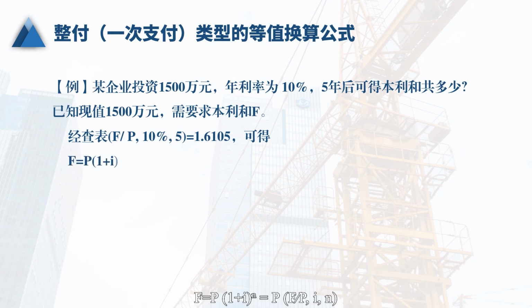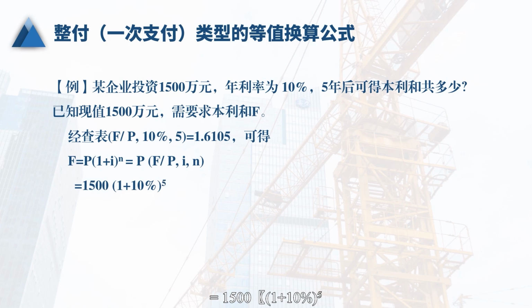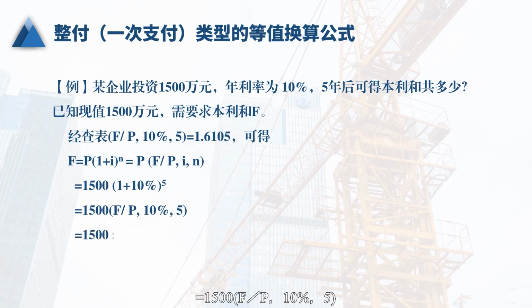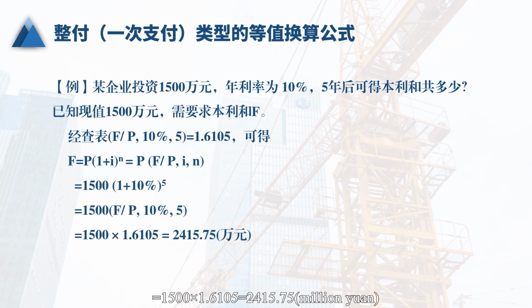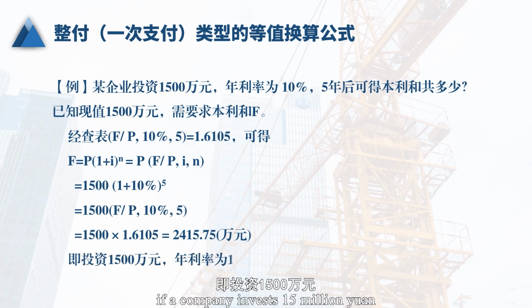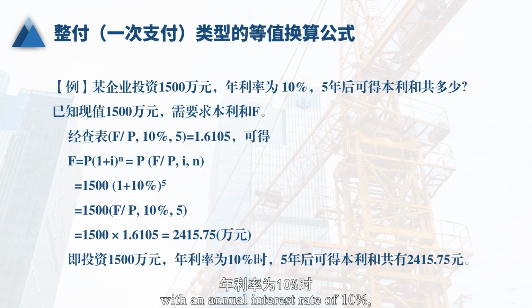F equals P multiplied by (1 plus I) to the power of n, equals P multiplied by (F/P, I, n), equals 1500 multiplied by (1 plus 10%) to the 5th power, equals 1500 multiplied by (F/P, 10%, 5), equals 1500 multiplied by 1.6105, equals 2415.75 (ten thousand yuan). If a company invests 15 million yuan with an annual interest rate of 10%, the total principal and interest after 5 years will be